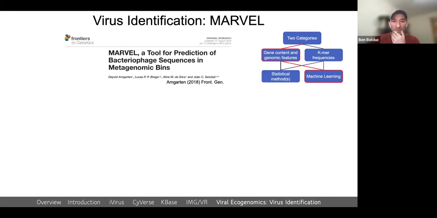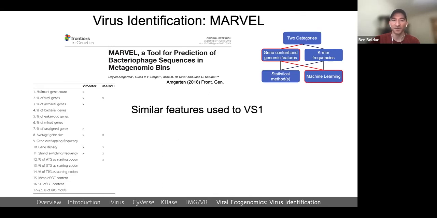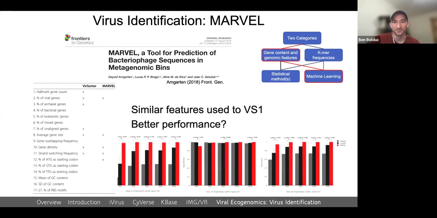The second tool is Marvel. And Marvel is very similar to VirSorter 1. It has many of the same features selected, gene content and so on, that VirSorter 1 used. But instead of using statistical methods like VirSorter 1, it uses machine learning instead. And arguably, Marvel performed equal to or better than VirSorter 1, of course, at the time of publication,